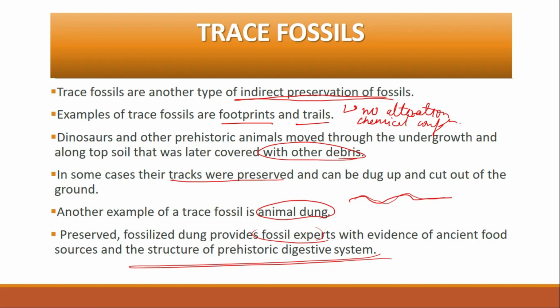So in this video we actually saw the modes of preservation of fossils. We saw there are two methods, with alteration or without alteration. In with alteration we saw many other ways like carbonization, recrystallization, replacement and so on. And without alteration we saw there are trace fossils, trails, casting and molding, in which no chemical composition change is taking place. So these are some of the ways in which fossils are actually preserved.